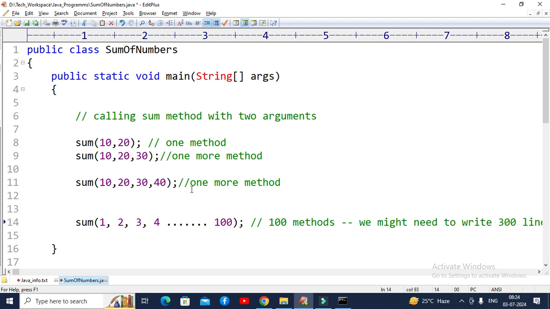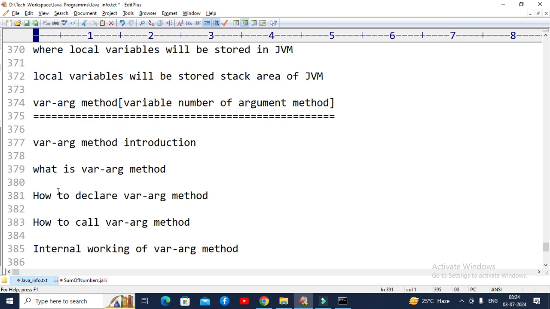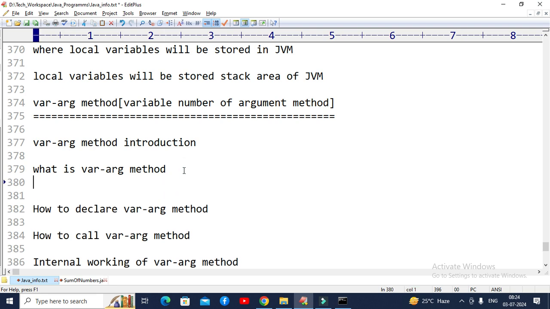So because of these two reasons, we are going to write one special method, and that method is called a Var-Arg method. If you go and see here, this is the Var-Arg method introduction. So with this I am able to cover the Var-Arg method introduction. And what is the Var-Arg method introduction? In Java 1.8, or we can call it Java 5 also, in this version, the Var-Arg method is